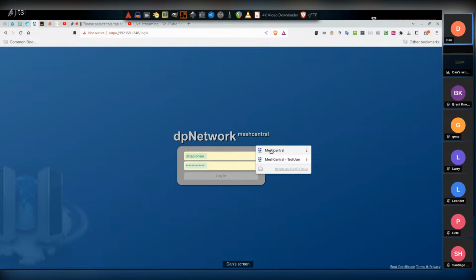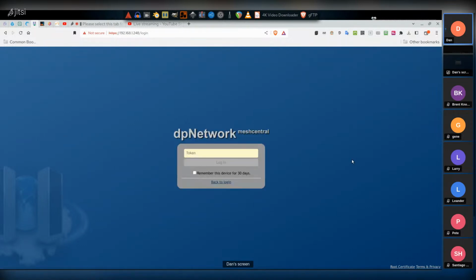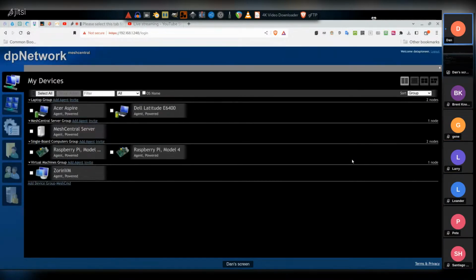And so if I click on MeshCentral, it's going to prompt me for a token, which is my two-factor authentication. So let me get on my Google Authenticator and put in the code. And boom, I'm in. All right, so this is the MeshCentral product. This is MeshCentral server. This is my devices on the My Devices interface. And as you can see, I have 1, 2, and this is the server here. So 1, 2, 3, 4, 5 devices that MeshCentral server, which is this guy right here,